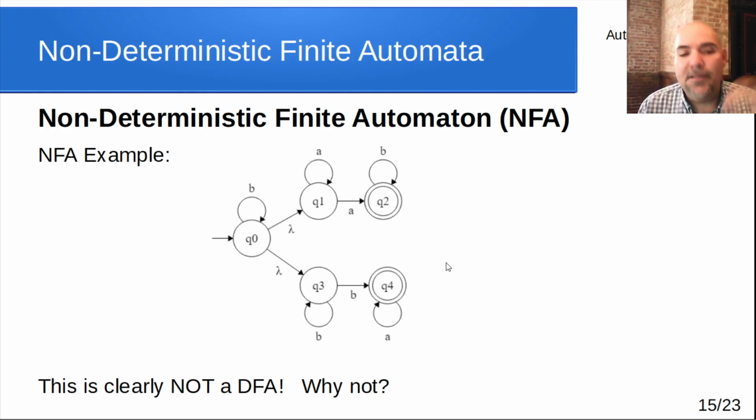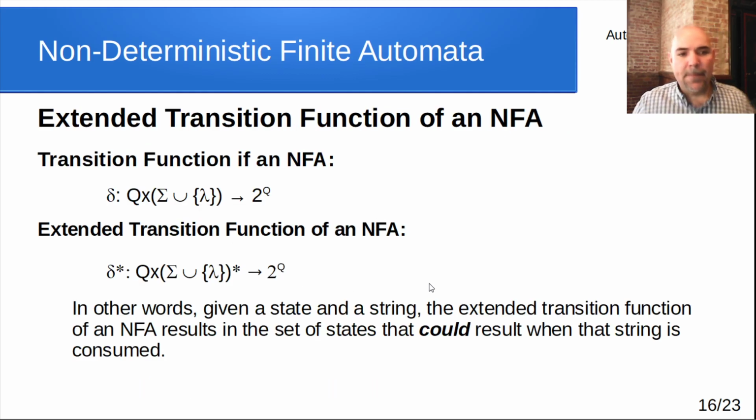It's got states, it's got transition functions labeled as edges, each with just a single symbol on them. It has a set of final states, Q2 and Q4, and a singly defined start state. So it looks kind of like a DFA, but the way that those edges are created is different. Okay, now